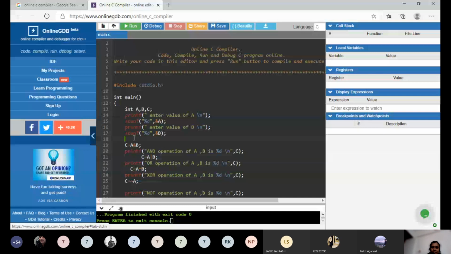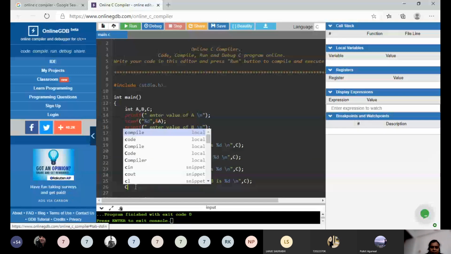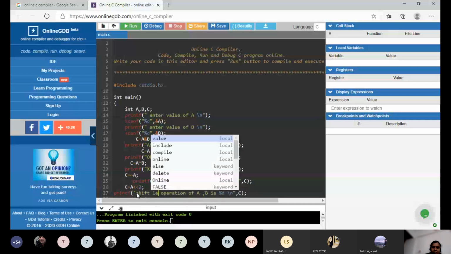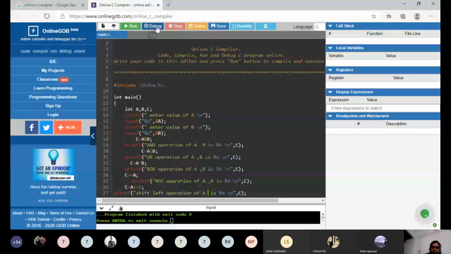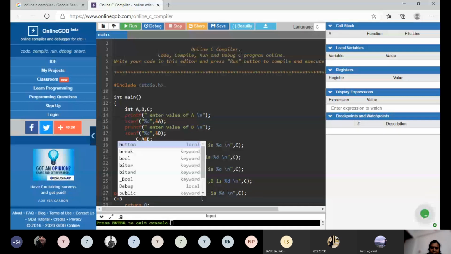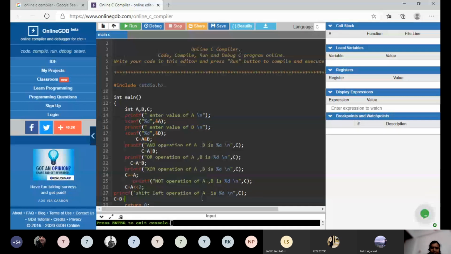Now shift operation. A I want to shift towards left by 2 bit. And here only I will add the command B shift right by 2 bit.